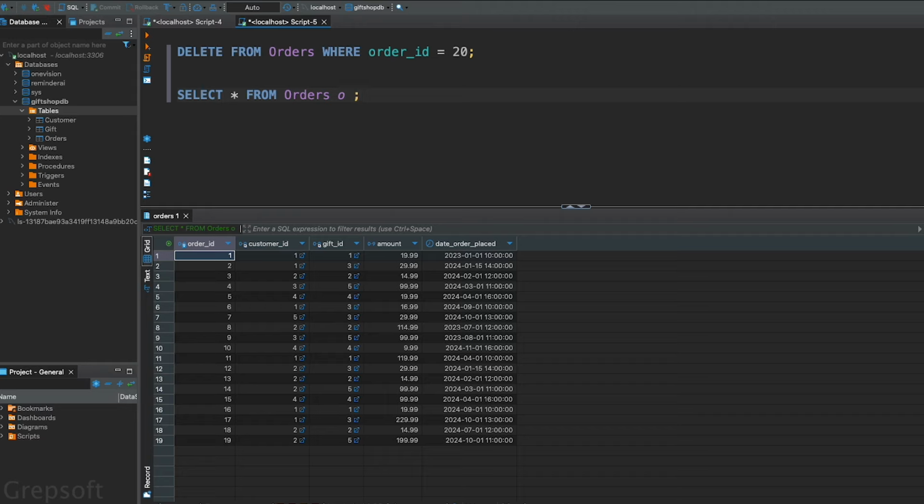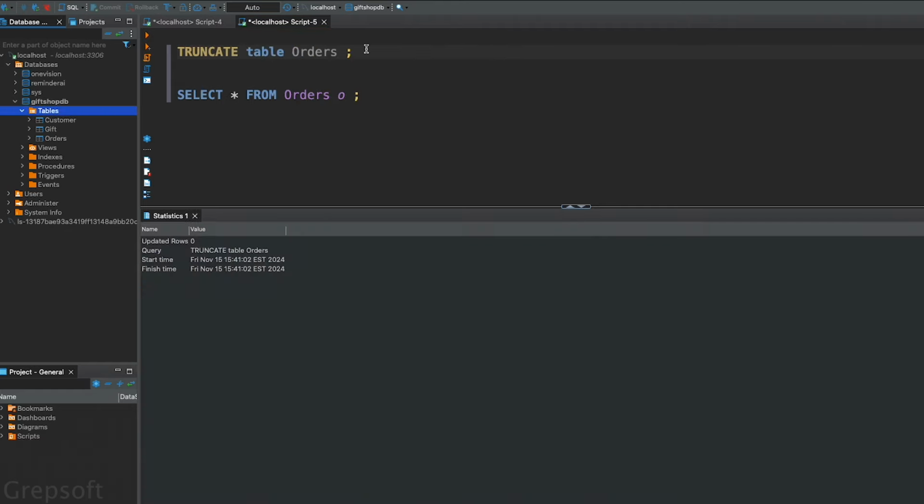There's another command called truncate, and it goes the same thing. So it's basically like truncate like this. Okay, let me just do that. So truncate, let's say I want to delete the whole orders table. I can just do truncate, and let me actually just run it. I can do truncate table orders like that, and if I run it, okay, so as you can see here,